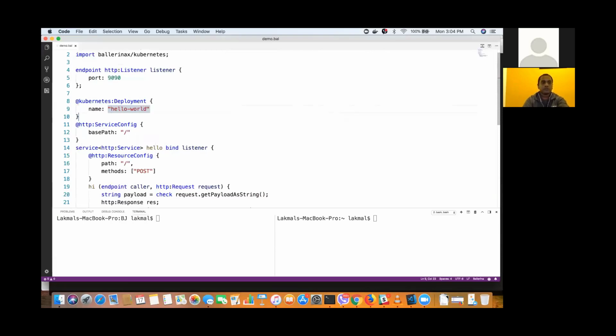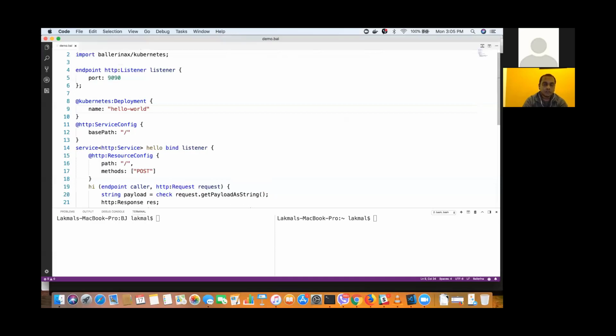Can I ask you there, sorry to interrupt you all over again, but I think it's important to directly address these questions so that we don't forget anything. This is now hard-coded in my demo.bal file. But if I want to parameterize that, say I don't want to hard-code the namespace, for example. Name is okay, but I don't want to prescribe in which namespace this should be deployed. I want to provide that at runtime or at deploy time. Would that be possible?